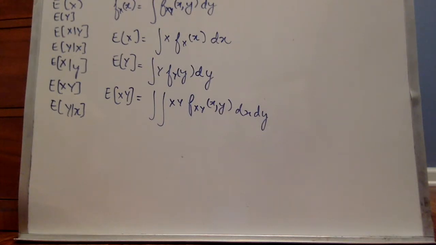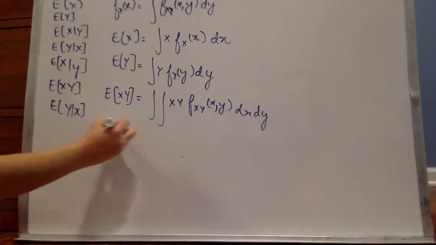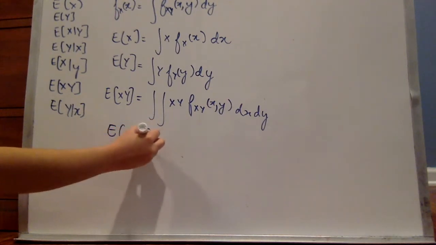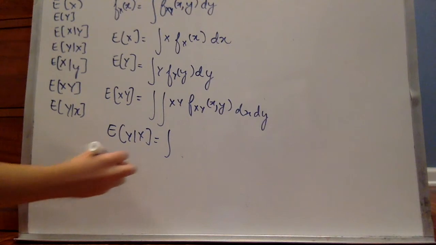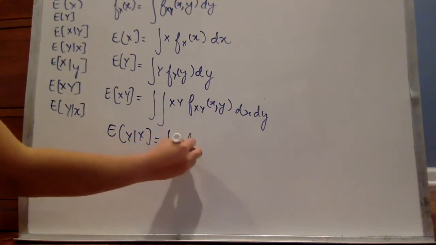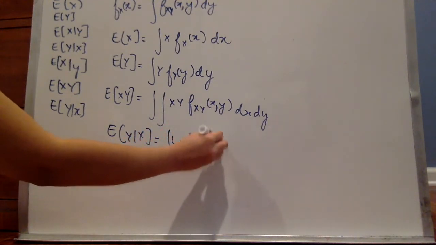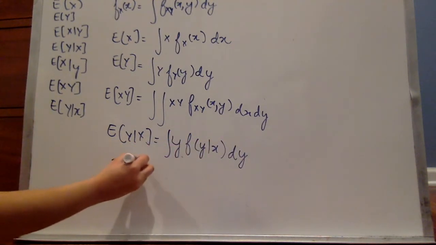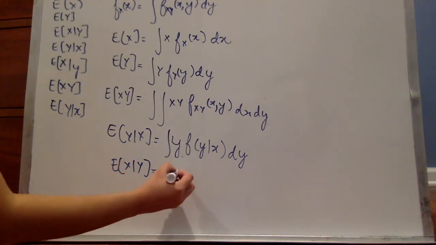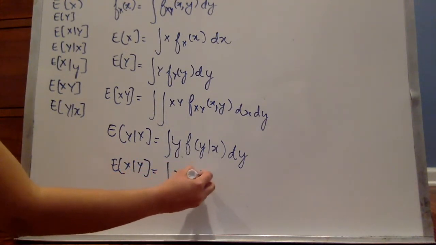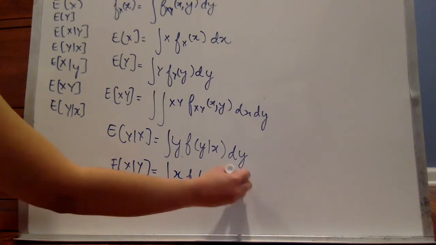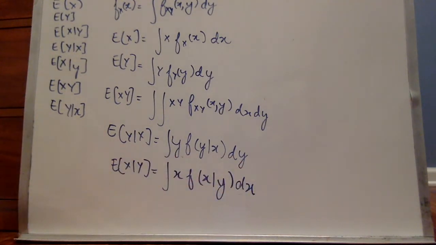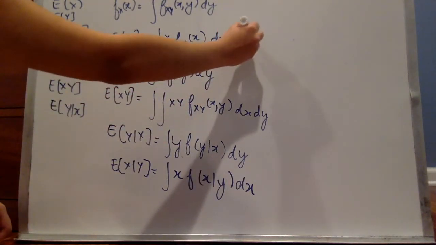on evaluating all these integrals, and also expectation of y given x will be equal to the integral of y f(y given x) dy, expectation of x given y is equal to the integral of x f(x given y) dx. On evaluating all these integrals, we will find out that the expectation of x is equal to 0, expectation